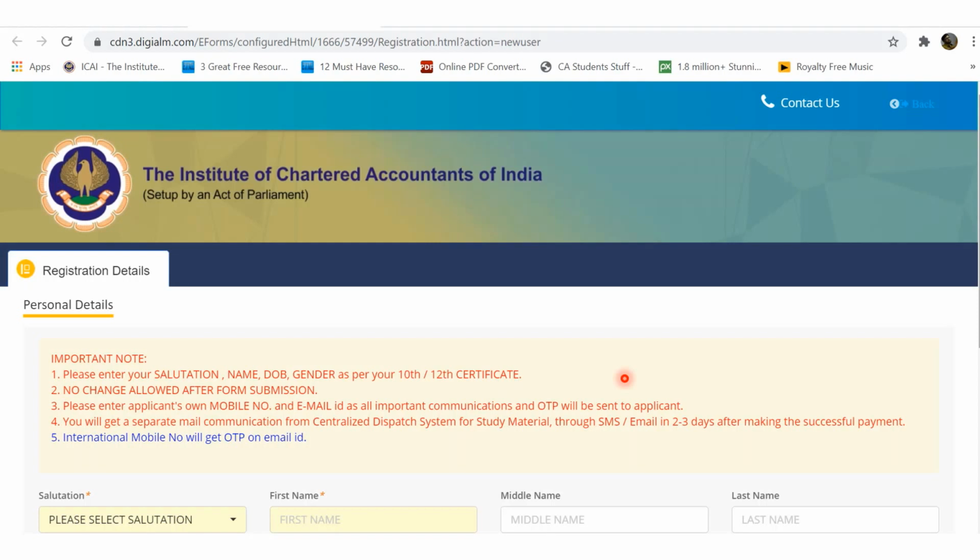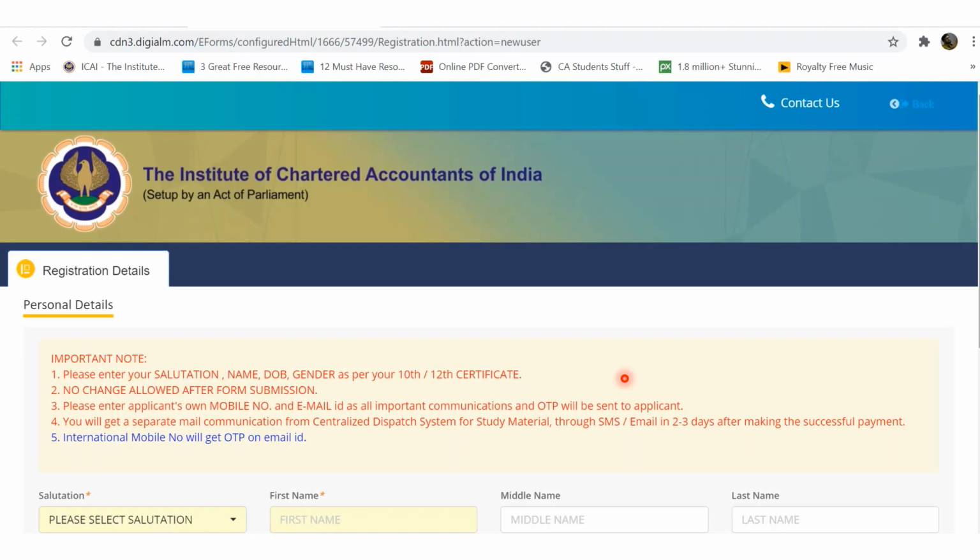So I'm repeating again, today when you complete your registration process, you will be getting only the status of the applicant but not the student. So today you won't be getting an SRN, you will be getting an application registration number, nothing more than that. And afterwards, within 2-3 days, when the institute completes the verification process, and if the institute is satisfied with all the different details which are provided by you and there are no discrepancies, then the institute will convert you from an applicant to a student. Thereafter, the institute will allot you a student registration number. Till that time you will be counted as an applicant for the CA Institute.